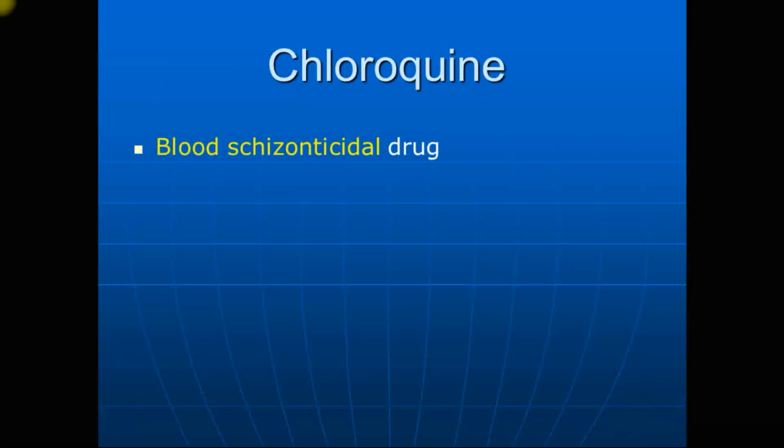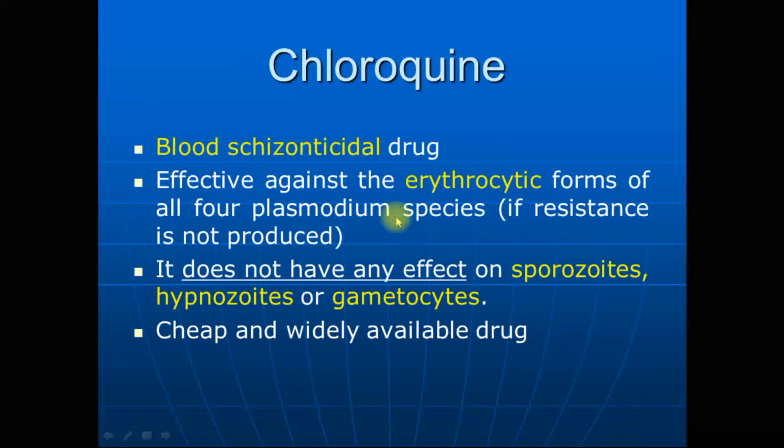which is most frequently used, which is considered a drug of choice if the sensitivity of the parasite is there. That means in the area where the malaria is prevalent, resistance has not emerged towards chloroquine, then in that case chloroquine is considered the best drug. It is a blood schizonticidal agent, we have learned that, and it is effective against all,